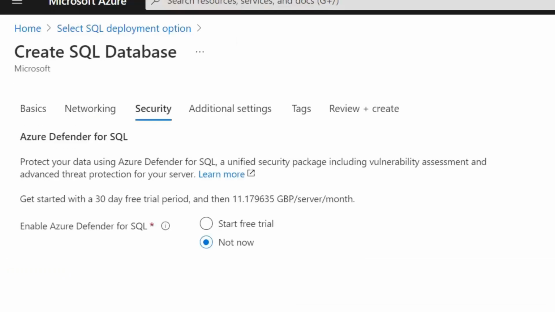So security provides us an option for Azure Defender for SQL, and you have to be careful of this page because I believe the default is it does start the free trial. As I've gone onto the page, it's selected not now. Now, if you are looking for enhanced security, Azure Defender is an excellent tool. It will detect things like SQL injection attacks, and you'll be able to report on those. So I'm just going to say no to that, not now, and then I'm going to go on to additional